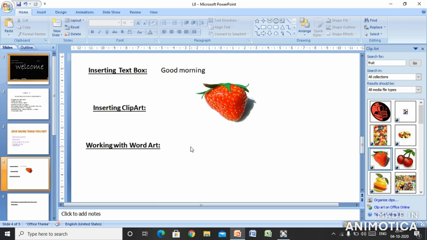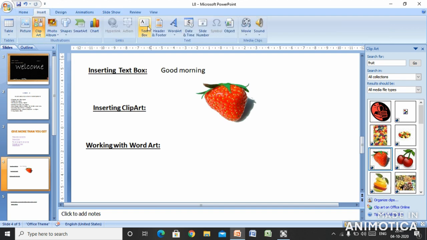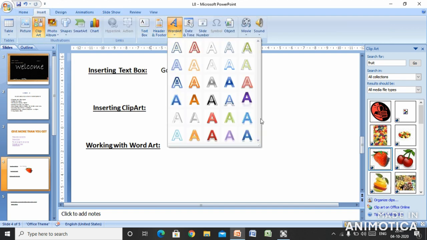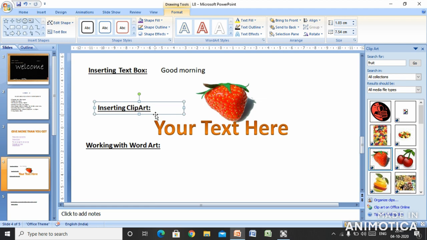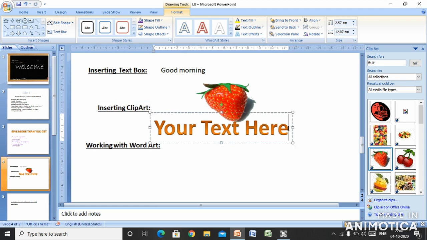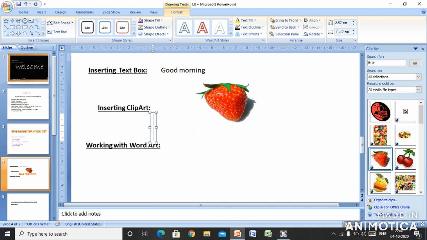Our next topic is how to work with word art. Okay, so again go to the insert tab, click on the word art. Okay, after clicking this, see here, click on this and remove it.